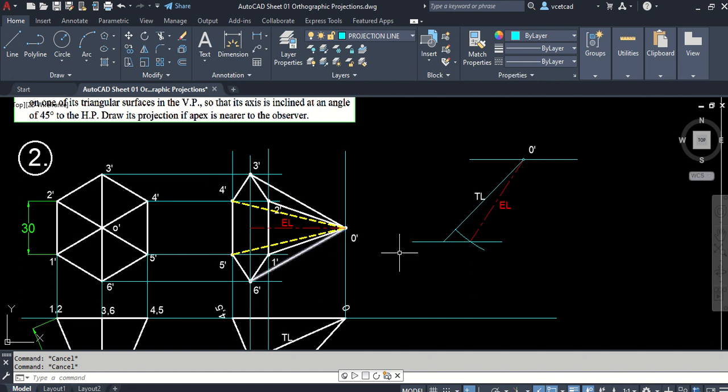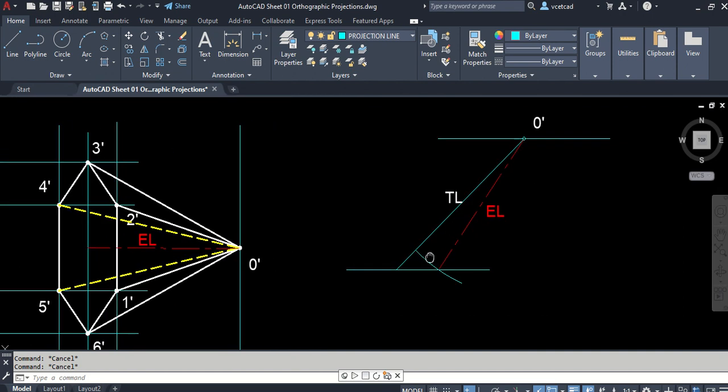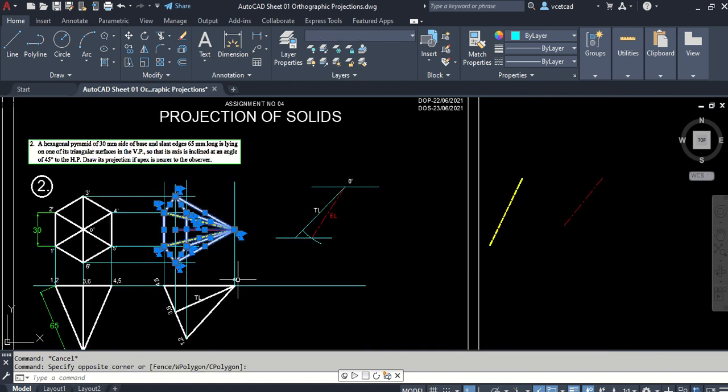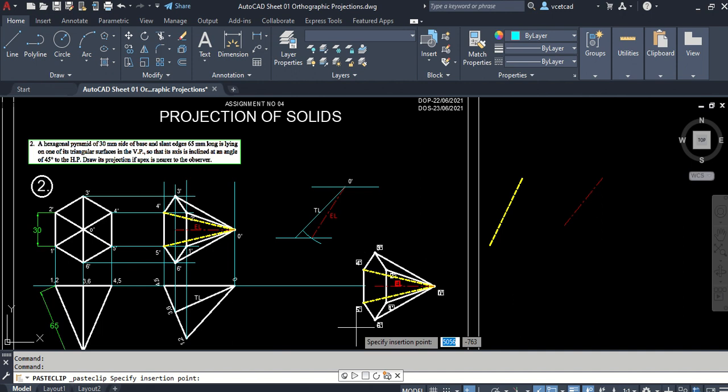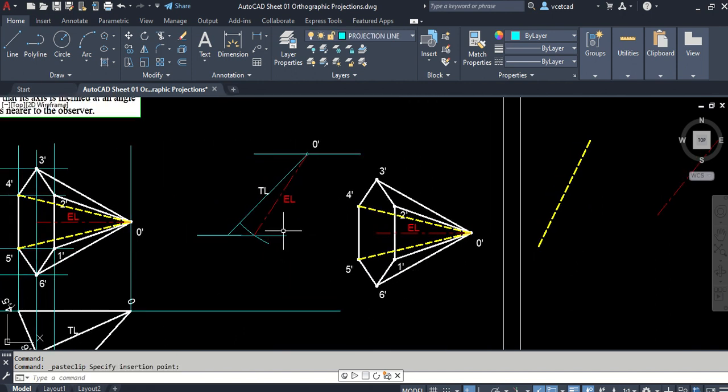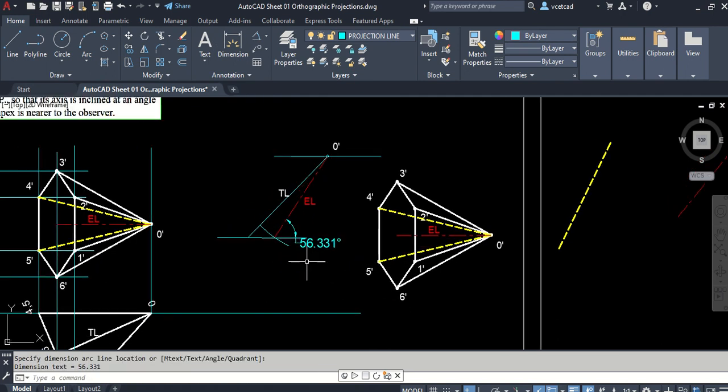Now you have to place the object so that these two points are fixed. You have to redraw the same object as it is, making the axis, which is inclined, parallel to the elevation length, which will say that the axis is inclined at an angle of 45 degree. For redrawing it, you should make it parallel to that axis. I'll first measure the angle and directly paste it, but in your case you have to take points.